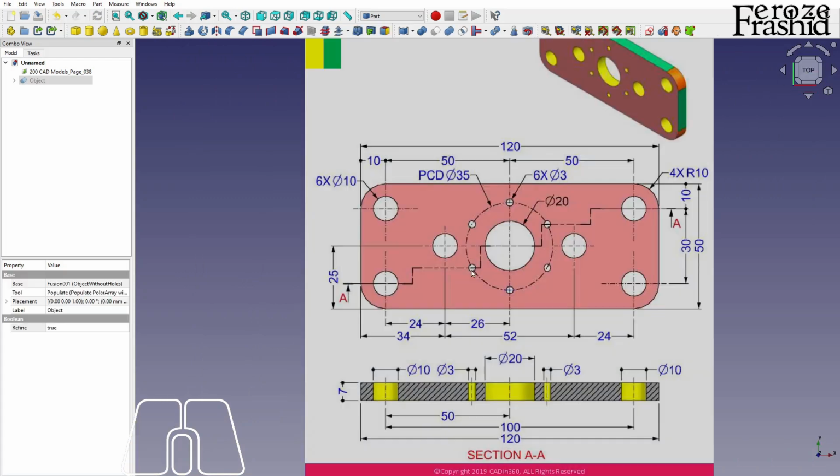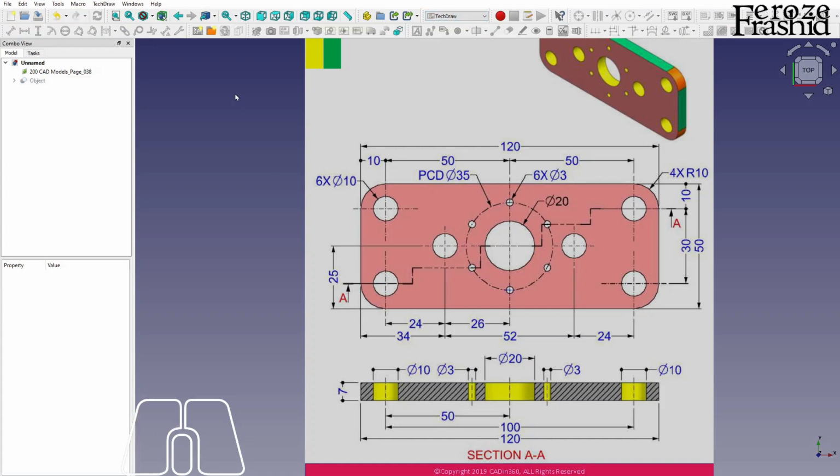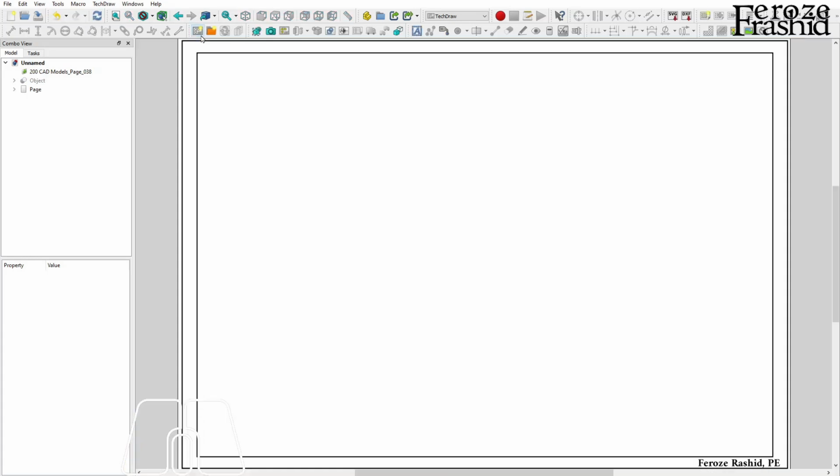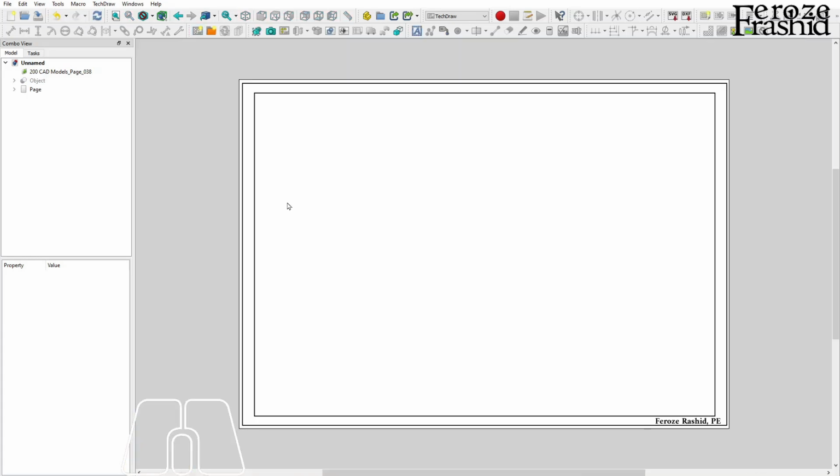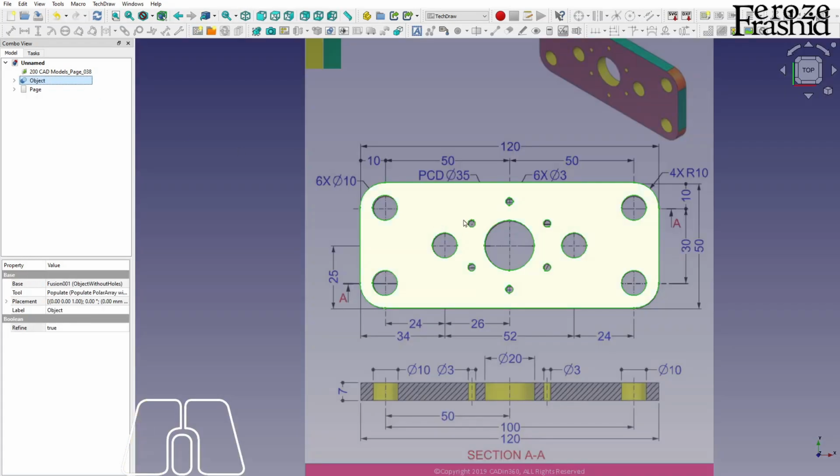Now let's talk about the complex section. It says I'll have to draw the section following this line, and as we discussed this part in a previous video, this will be a TechDraw. So real quick, watch my previous video where I talk about setting the default page, and in my default page I want to go ahead and include this one